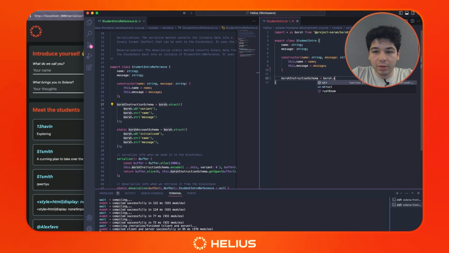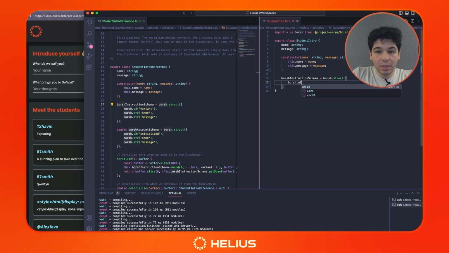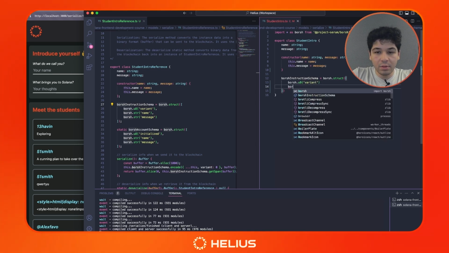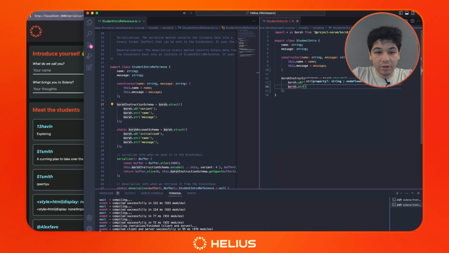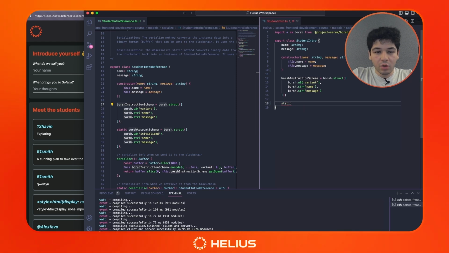Equals borsh.struct, open up those parentheses, open up a pair of brackets, and we're going to define a variant, a string value of name, and let's go ahead and add those commas, and then another string value of message. Okay, and now we're going to create a static item